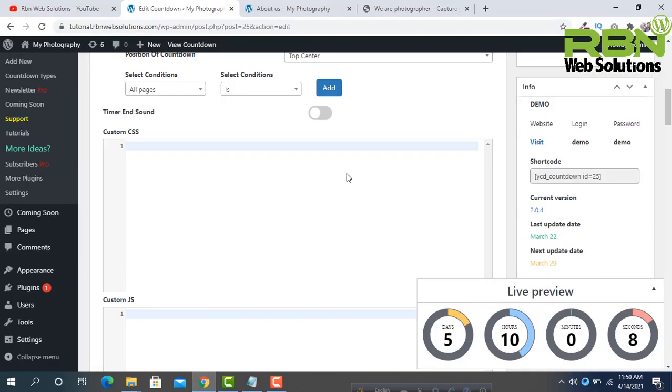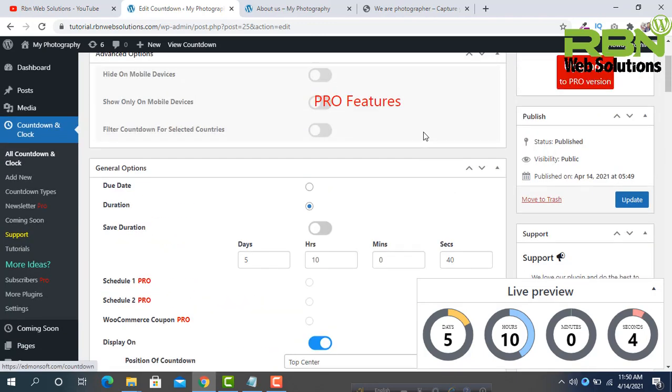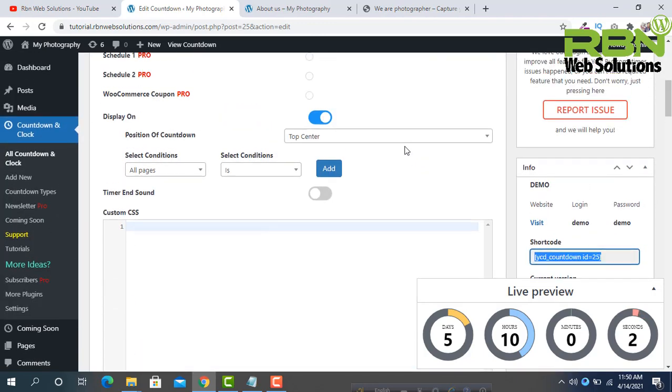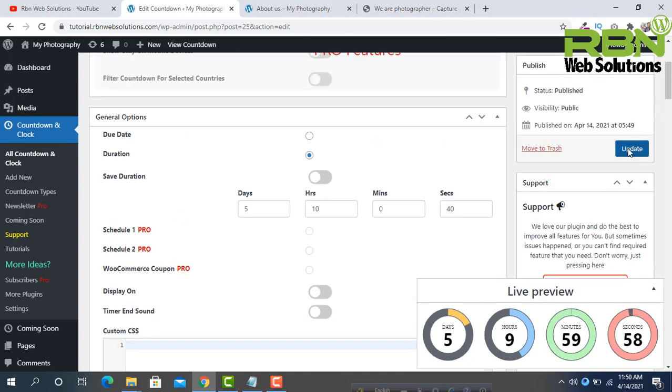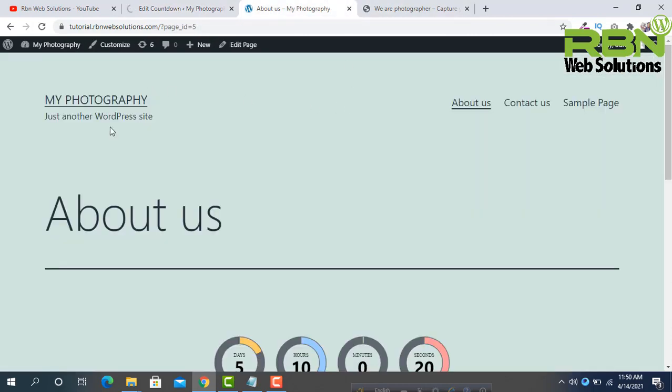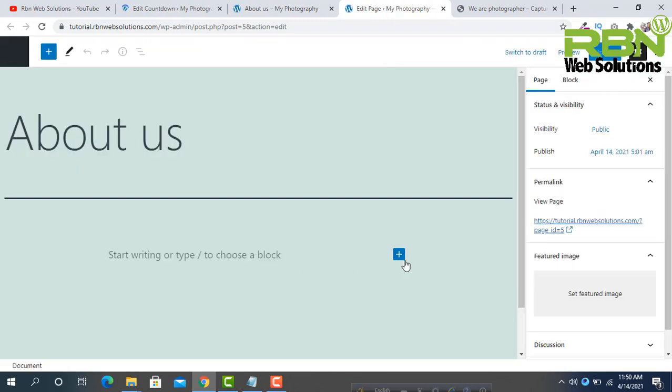you have to copy this shortcode and turn this off, and then update. Go to the page or post where you want to display the timer. Edit the page.